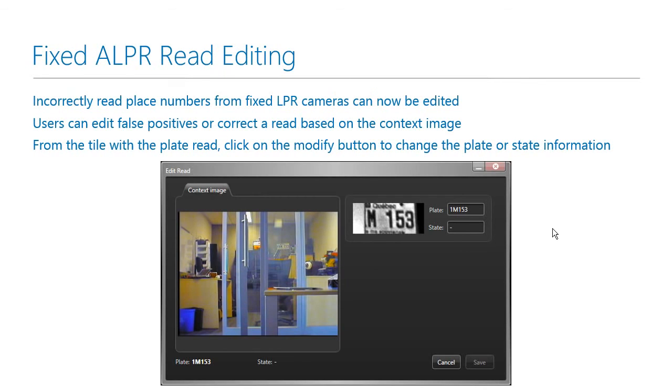And the last topic today, also on ALPR, is a new function for fixed cameras that when you see a plate read in a tile, if you can visually see that that's not accurate, you can actually now go in and modify that information. There's going to be a modify button right in the tile. You click on it, and from here you can do a visual verification using the plate that was read or